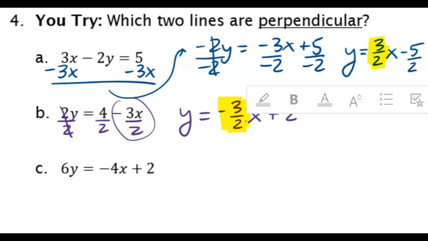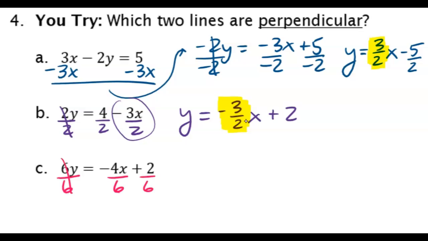So I'm going to do the same thing I did with B. I have to divide everything by 6. So I would have y equals, negative 4 over 6 turns into negative 2 over 3, and then 2 over 6 reduces to 1 over 3. So here's my slope, which is negative 2 over 3. So I need to pick the one that has the opposite sign, which is A. So the answer to my problem here is A and C,